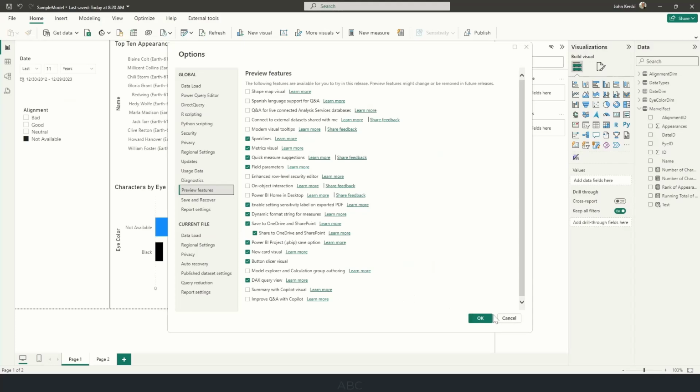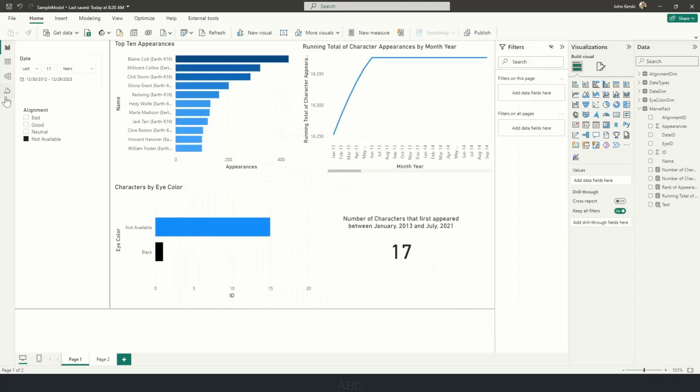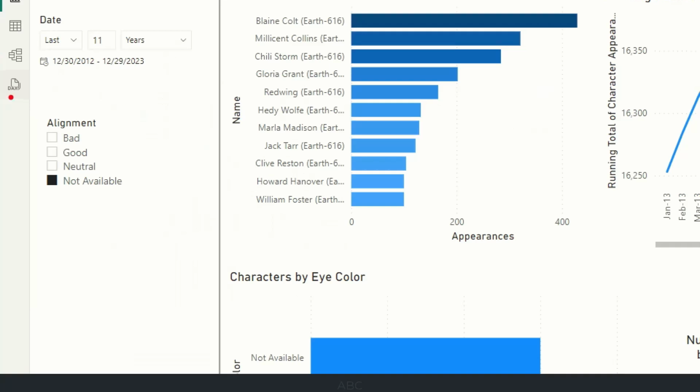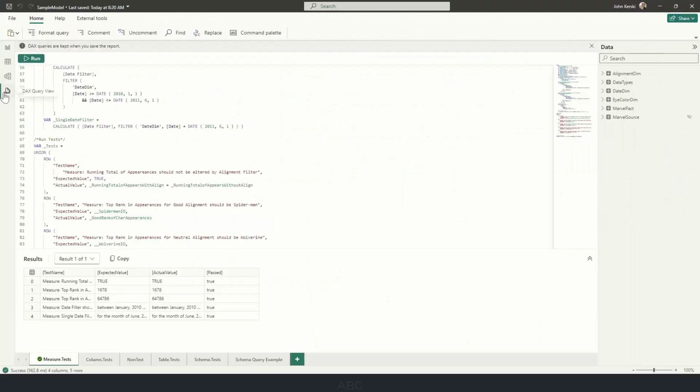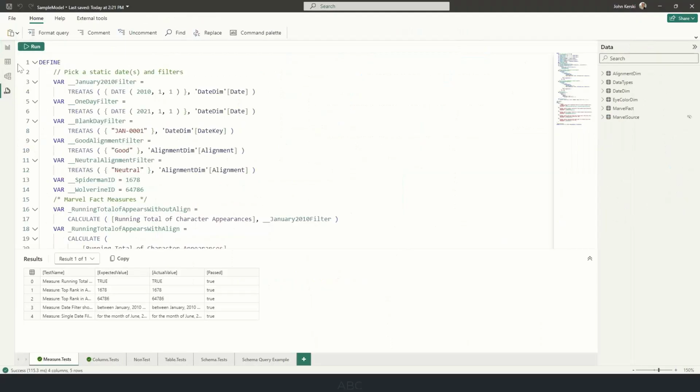And when you do, you will see a new button on the left-hand side of Power BI Desktop with the letters DAX. So let's click on that. Now, let's take a look at some of the DAX queries that have already been set up in the sample model. The first thing you'll notice is at the bottom we have several that end in a